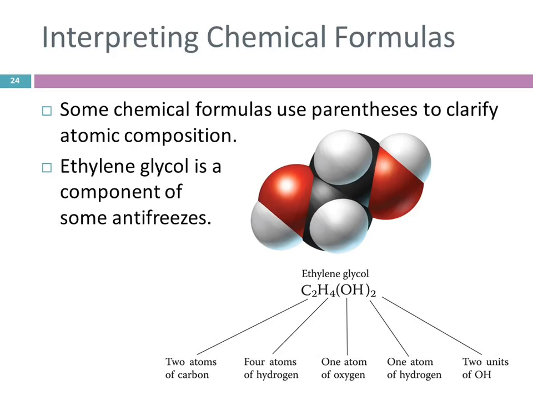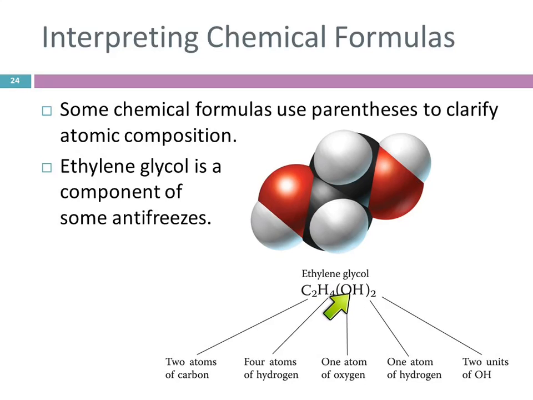Some chemical formulas use parentheses to make it more clear what the atomic composition is. This is ethylene glycol, which is a component of many antifreezes. So if we look at this formula, C2H4(OH)2, the parentheses are like parentheses in math. This 2 on the outside would be distributed across everything inside. So this tells us 2 OH